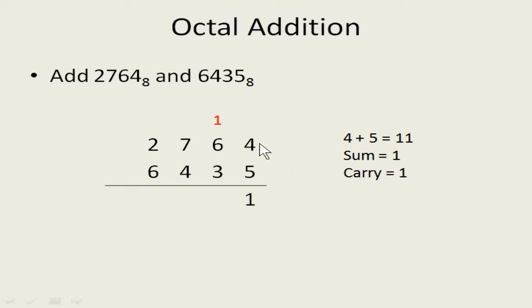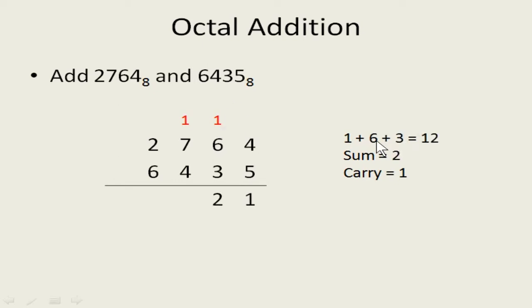Start with the rightmost digit. You got 4 and 5. Add these, which will become 11. You might be thinking it is only 9, but now it becomes 11. So go to the basics. In childhood, you would have done this: 4 in the mind and 5 on the fingers. After 4, what are you going to get? 5, 6, 7. After 7, you are going to get 10 and 11, because there is no 8, so it goes on to the 2-digit number. So you will get 11 here. So 1 will be the sum and 1 will be the carry. Write 1 down and carry over the 1 to the next digit.